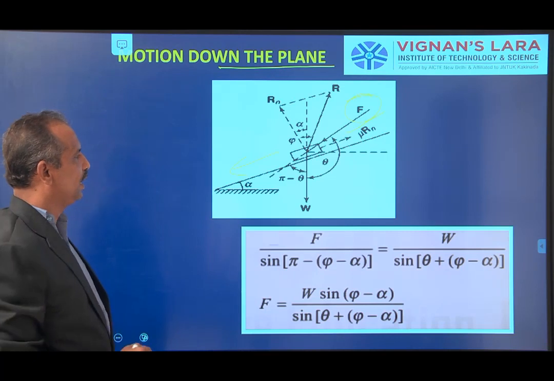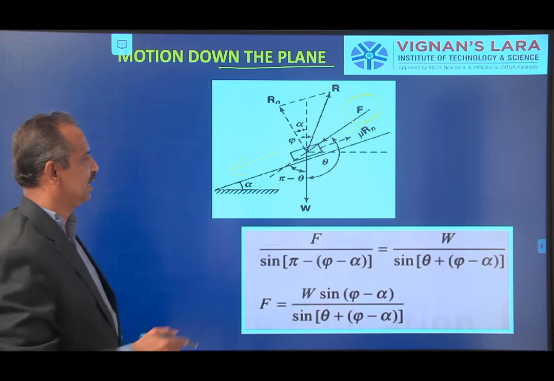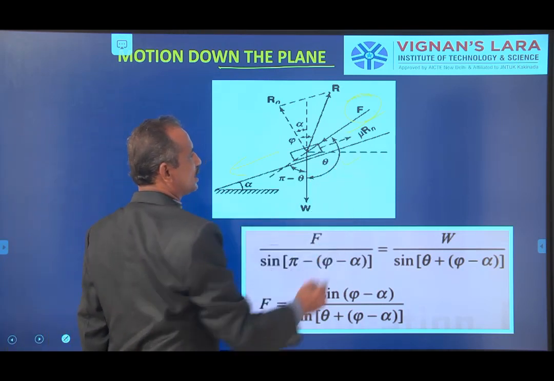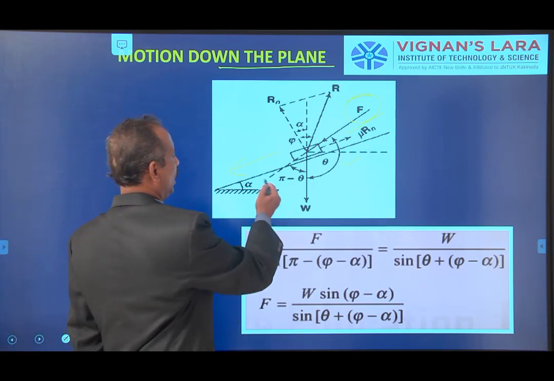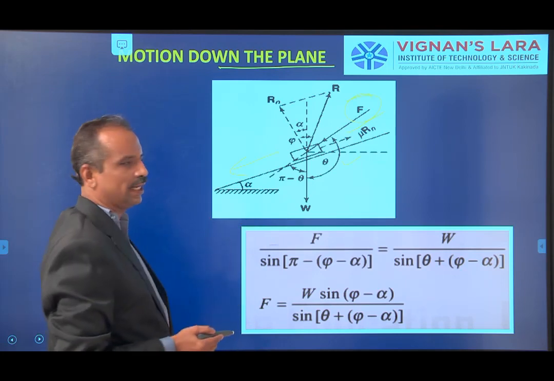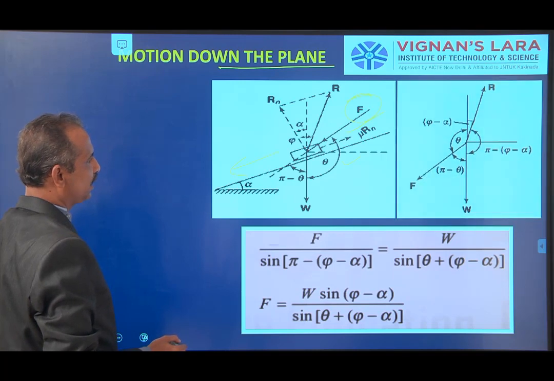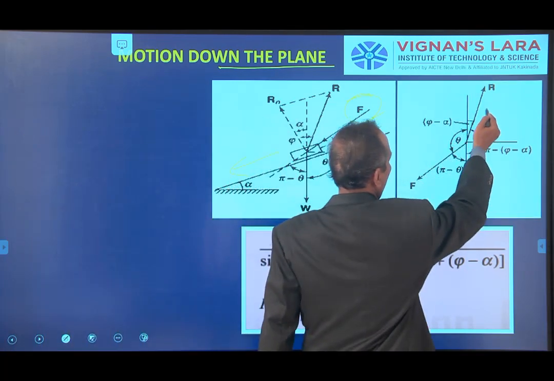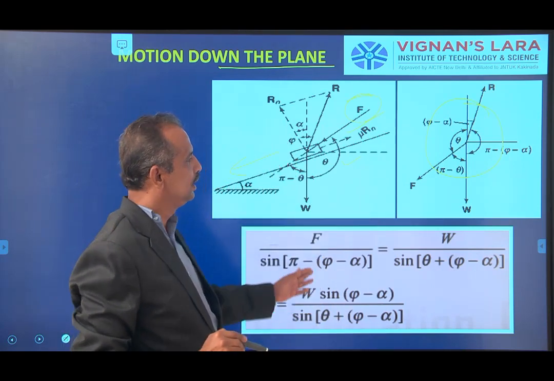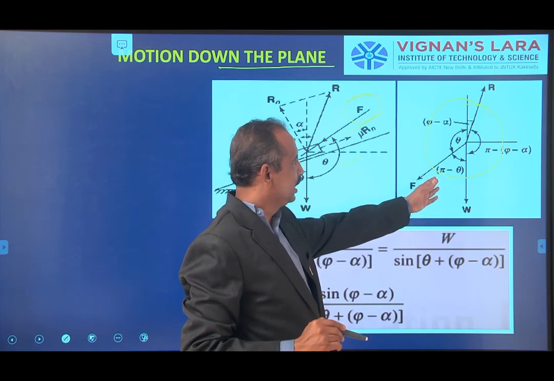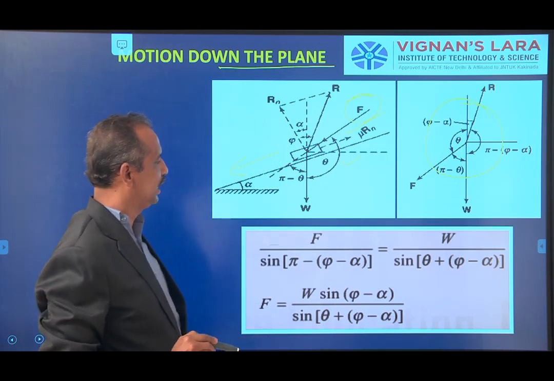In a similar way to what we did in motion up the plane, here also I defined the same terminology, like theta is the angle made between the load and the applied force, and this is alpha. From the geometry we can rewrite all these angles. So this is your free body diagram, which gives the angles I have already explained in the previous case, so I am not explaining once again. It is self-explanatory. By seeing this diagram, you can get these angles.